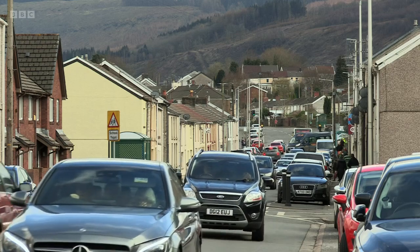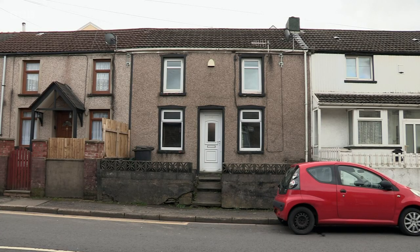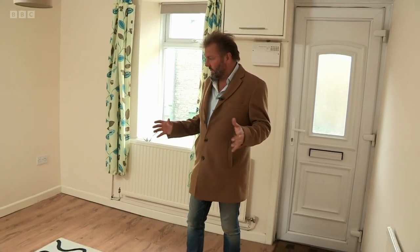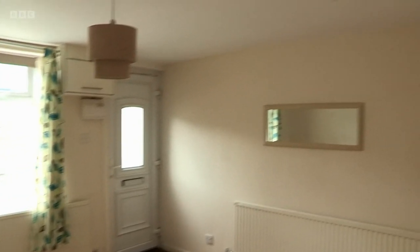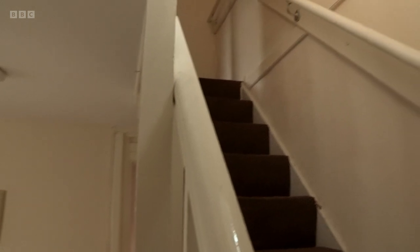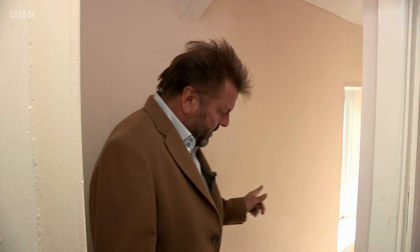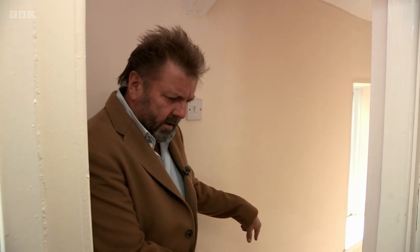It's time to head back to Aberdare in Wales and this two-bed mid-terrace where I found myself pleasantly surprised. And actually, straight to the front door doesn't even seem to be in too bad condition. But it quickly turned to confusion when I ventured upstairs. What? Hang on a minute. You've got that window there, but there is...